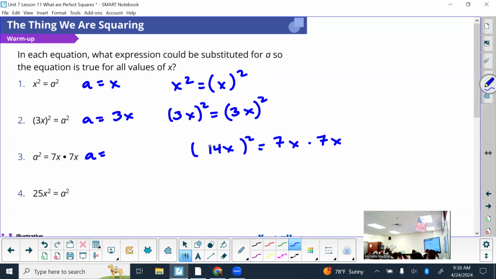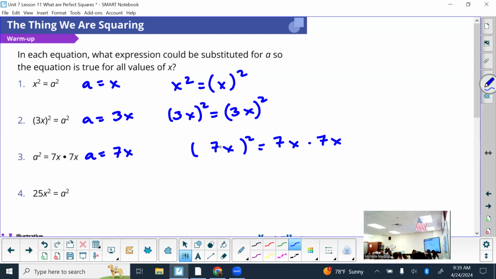14x squared would actually be, and I don't know what 14 times 14 is, so let me double check. 14x, and then you square it, would be 196x squared. So that's definitely not 7x times 7x. Anyone else in the class think they know the answer for number 7x? If I make the A 7x,